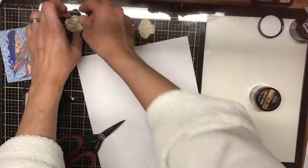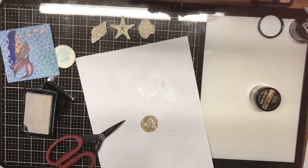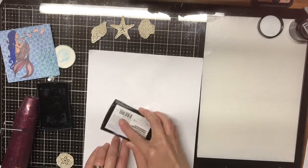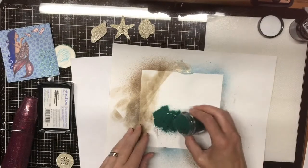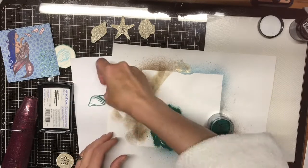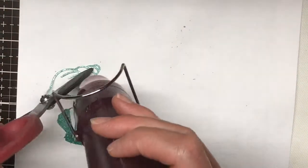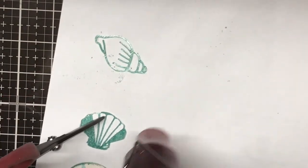So here you can see that sand dollar there, and I really love the way these powders emboss. You can layer them if you want a thicker look, and I'm just going over this again. They have a bit of a shine to them, so you have some glimmery shading there, and this patina oxide, like I said, over the edges of the die cut